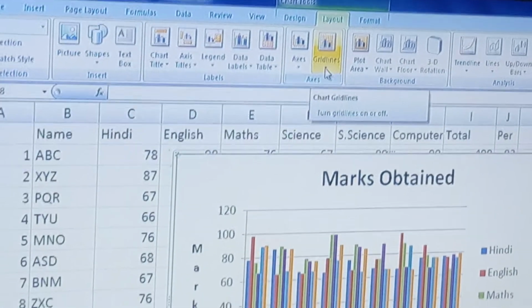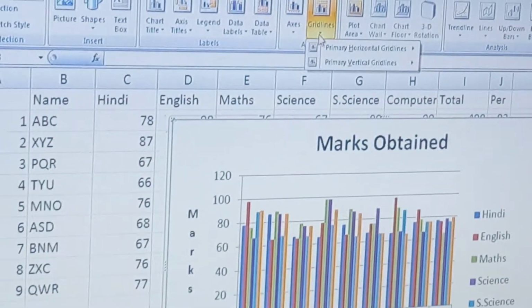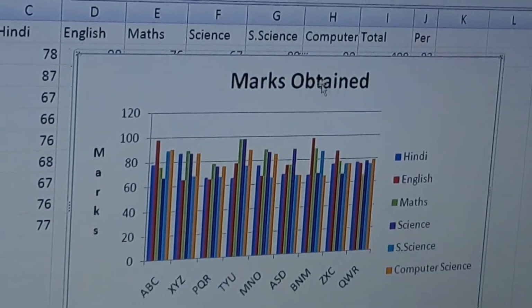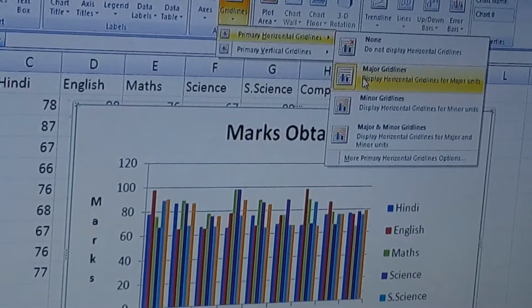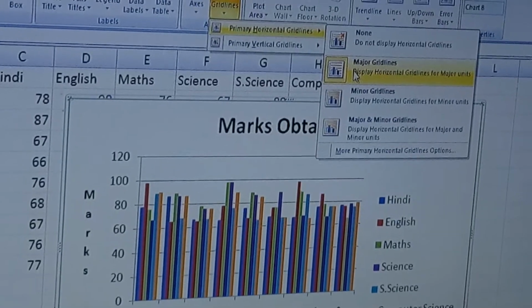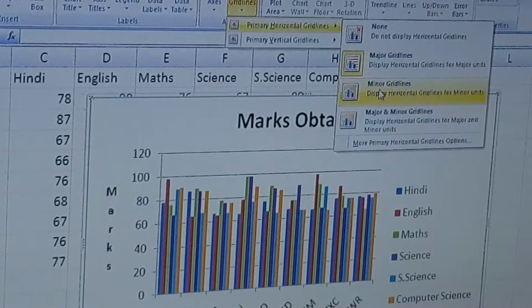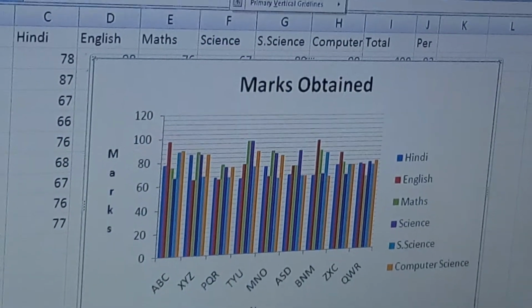grid lines. What is the meaning of grid lines? Grid lines means horizontal and vertical lines. It makes the work easier. It is the minor grid lines.